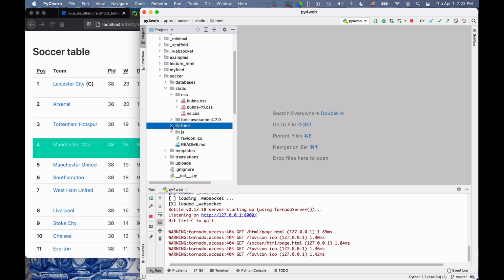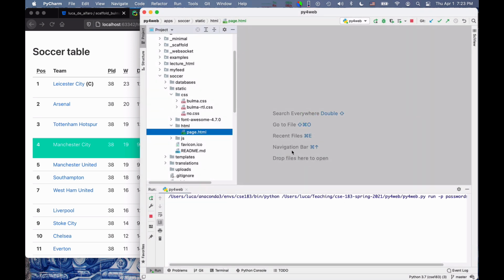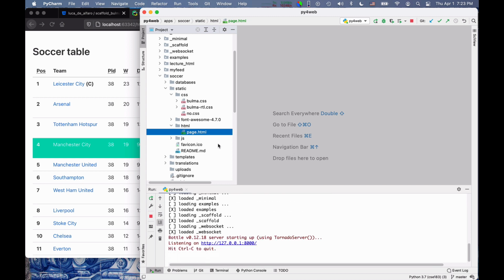For example, here in the HTML, I copied my page, okay? And so, if I start or restart Py4Web, this page will be served if I ask for the soccer app, the file that is in static HTML page.html.